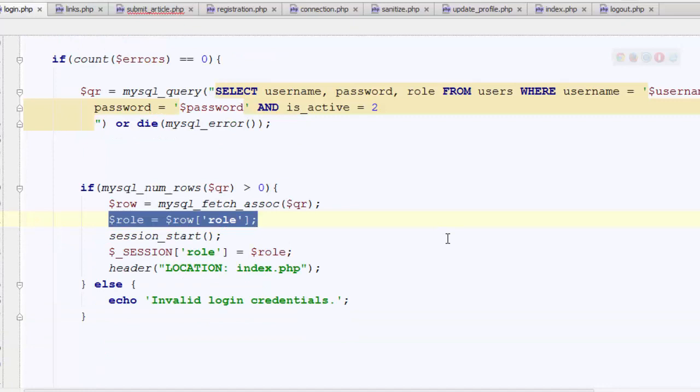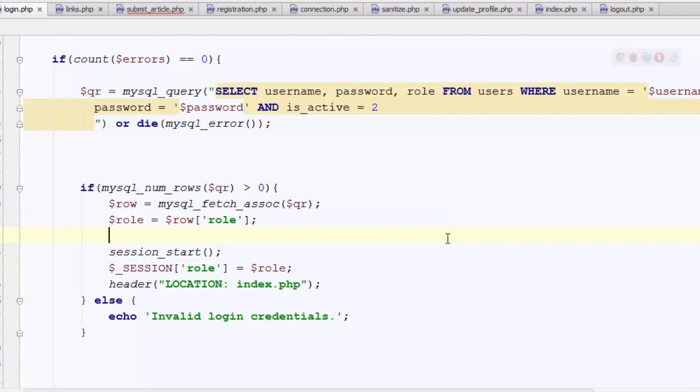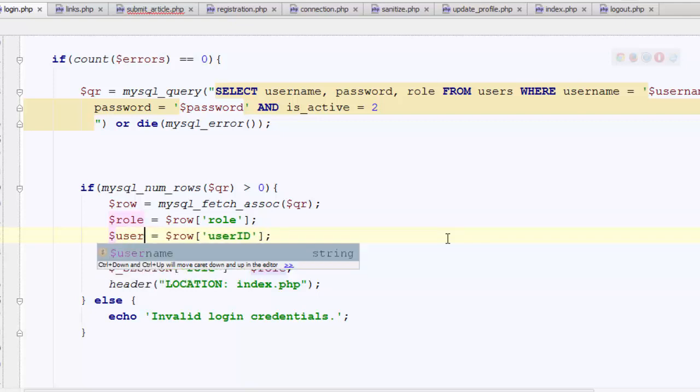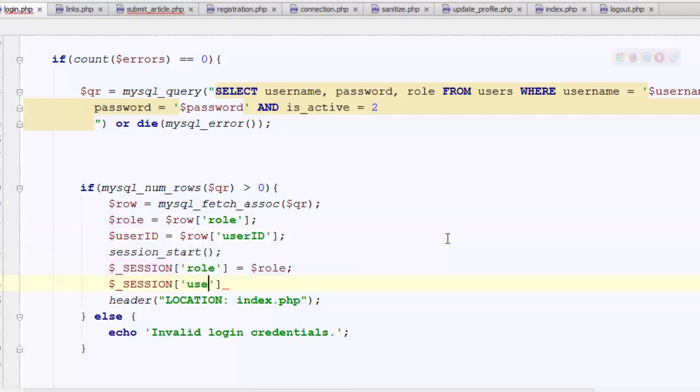So for this, what we can do is, at the login.php page, when the author logs in, we'll store his user ID in a session, and his user ID will be available on all session pages. Let's get this user ID from the query and just create another session and name this session user ID, and its value is going to be the user ID we just stored in the variable from the query. So we need to select user ID as well within our query. So let's just add this one here too. Let's get back to the